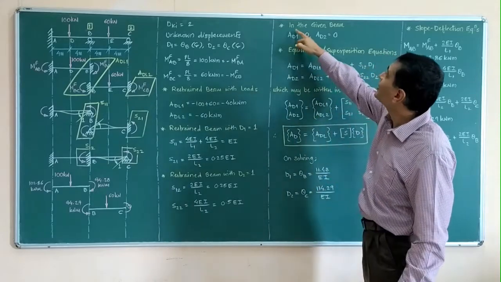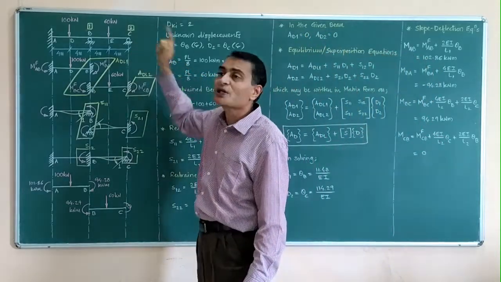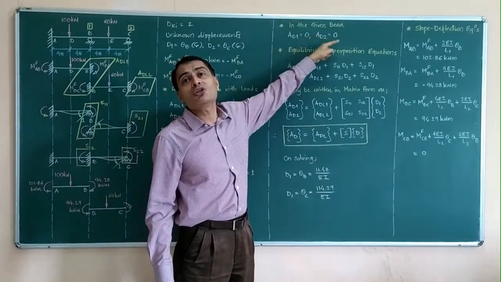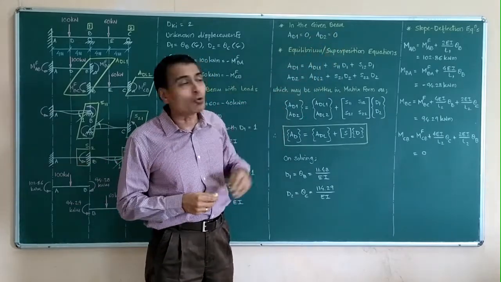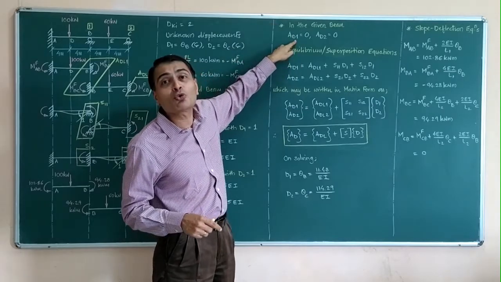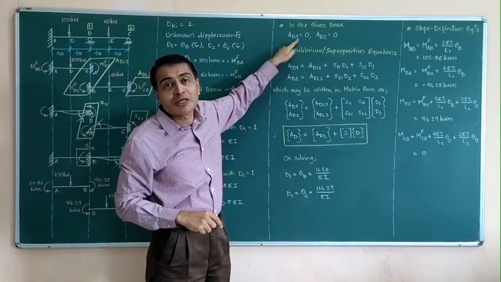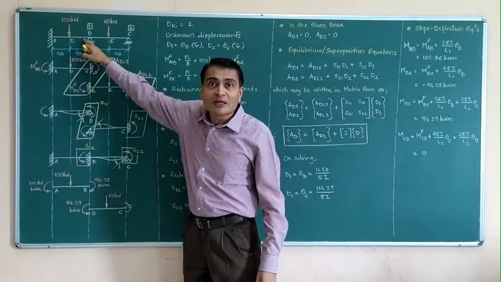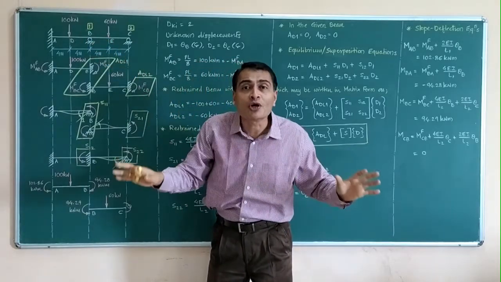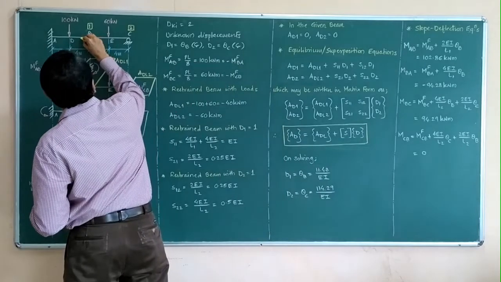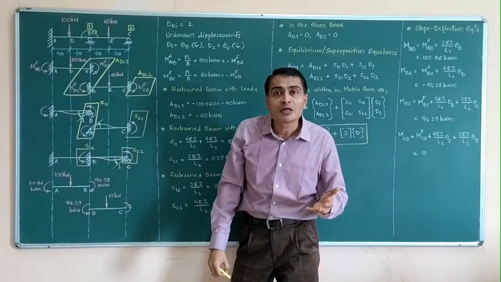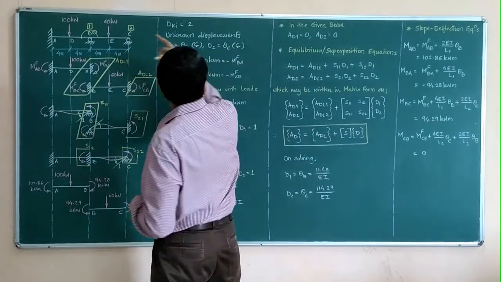Now I have written in the given beam, that is this particular beam, AD1 is equal to 0, AD2 is equal to 0. Who are AD1 and AD2? It is the action corresponding to displacement at node 1 in the original beam. Theta B is my displacement. But is there any couple moment externally acting at that joint? No, it is 0. So I may show here a couple moment curved, and I may say that it is 0. Similarly, theta C is my D2.